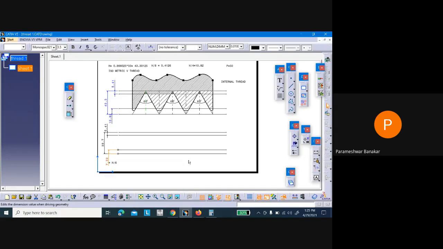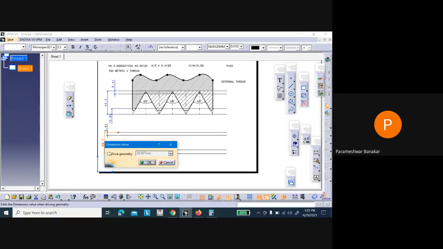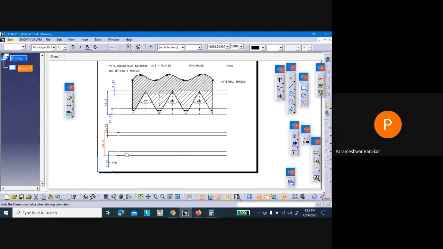And it must be 43.3 as it is. Correct. So it has taken the rounded up value. Let it be. So this will be h by 6 and h by 4 will be 10.82.